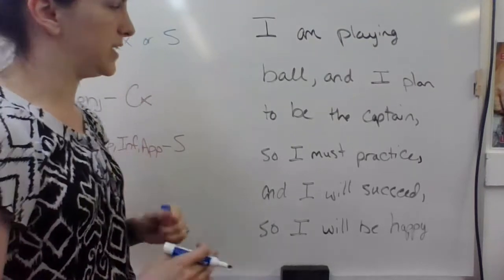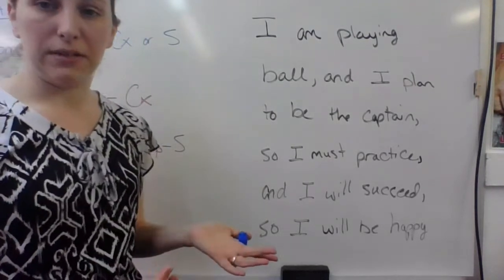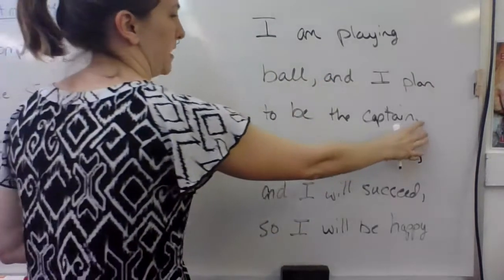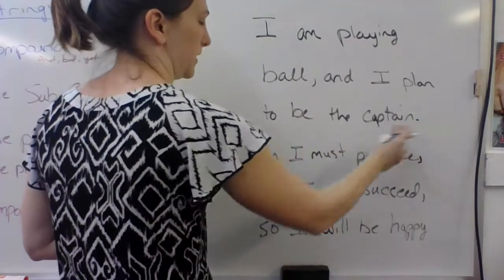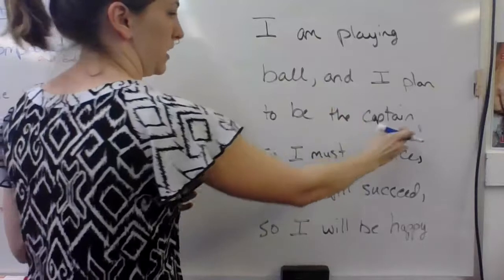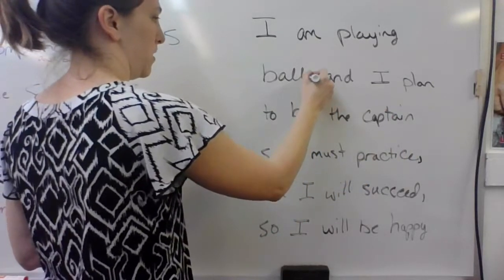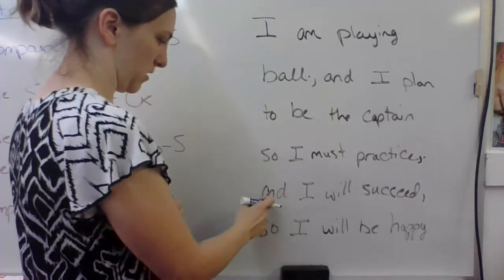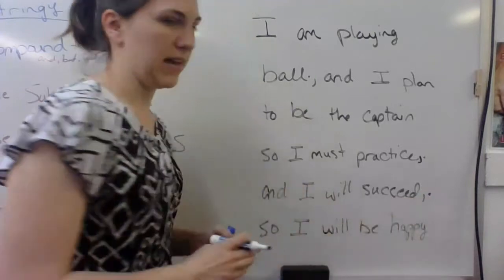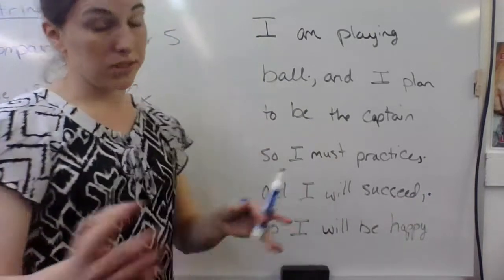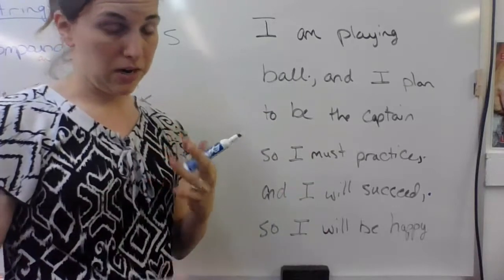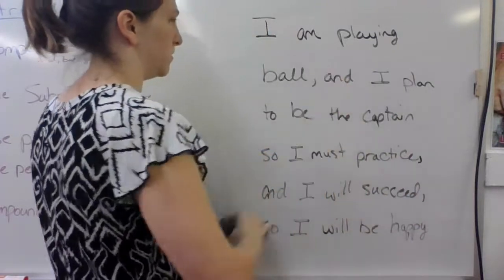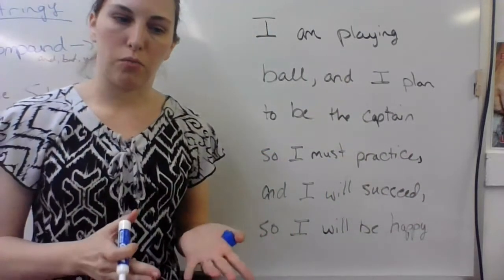So some ways that we can fix it, very simply, we can just find a place to put a period, okay? I am playing ball, and I plan to be the captain. We could put a period right there, kind of shortening it up a little bit, okay? Really, in any of these places that I have a comma, we could put a period, because that's the end of a thought. Of course, you'd have to take away this part. I will succeed, okay? Shortening it up. Maybe you just want to do one. Of course, if you do too many, then it turns into a choppy paragraph, okay? But that's one of the easiest ways to fix stringy sentences, just put a period somewhere, 1 or 2 places,